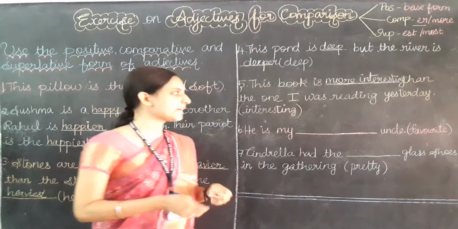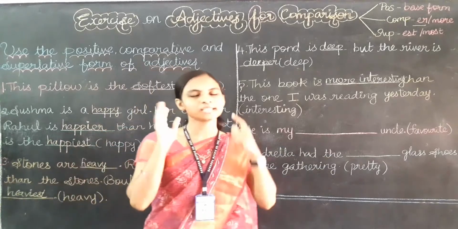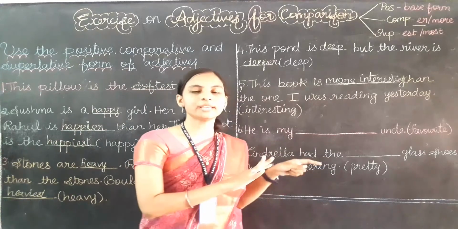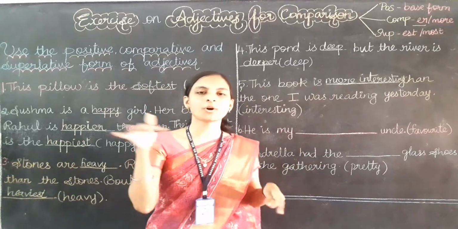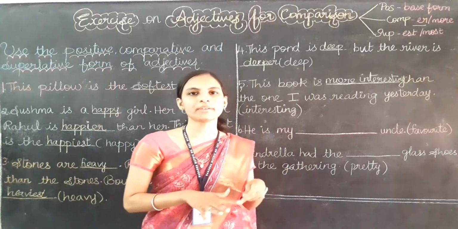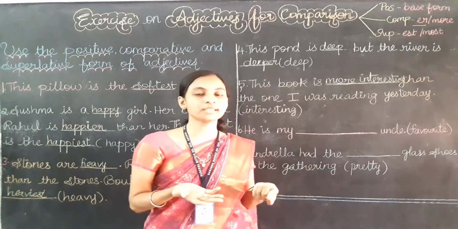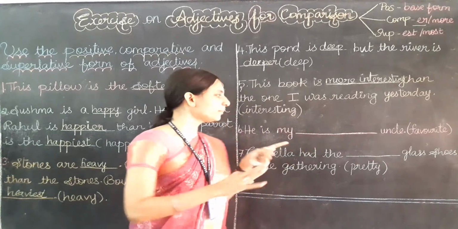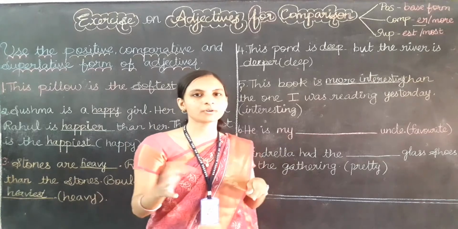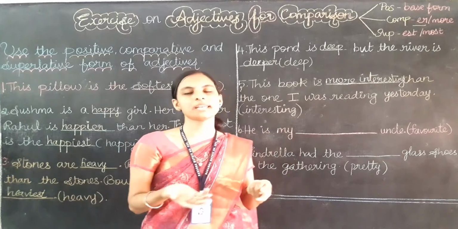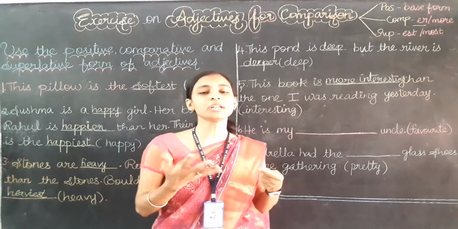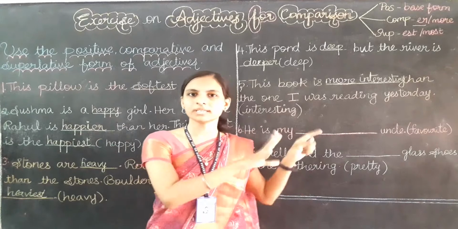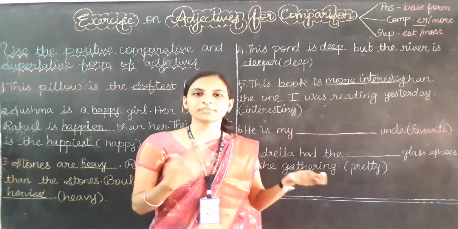Okay, so now the sixth one: he is my dash uncle. Just imagine that I have many uncles, but among all these uncles, I am telling you that he is my favorite. So for showing this, which kind of form do I need to use: superlative, positive or comparative? I am not comparing this uncle with one more uncle. I am not just telling you in a normal way, but I am showing that he is my favorite uncle, not any other uncle.